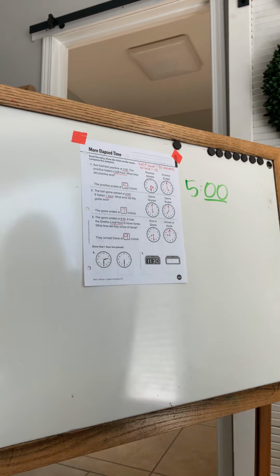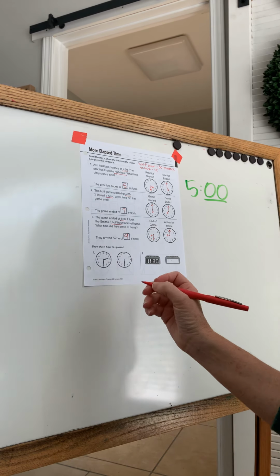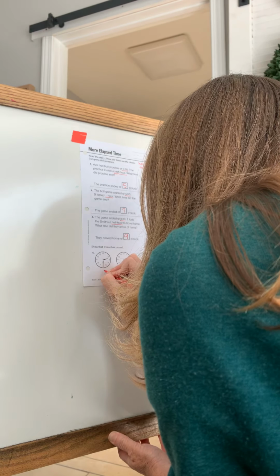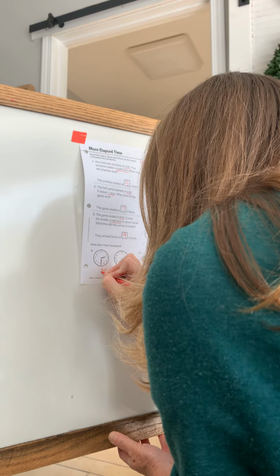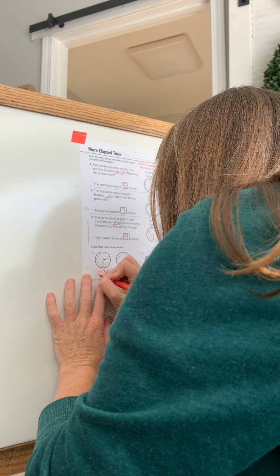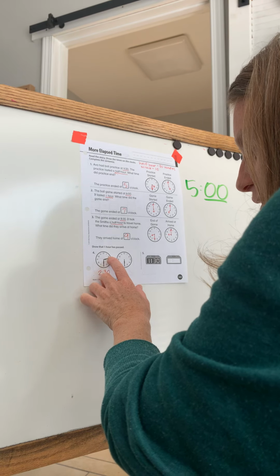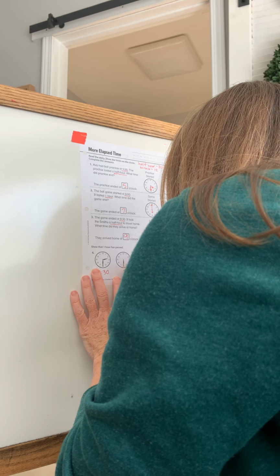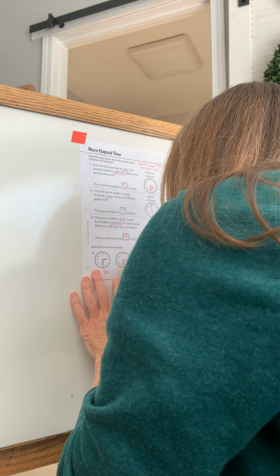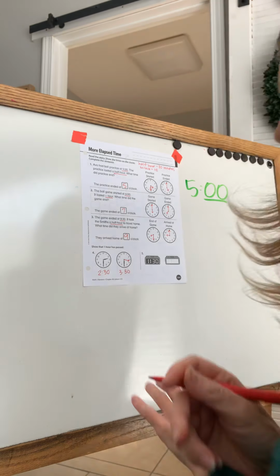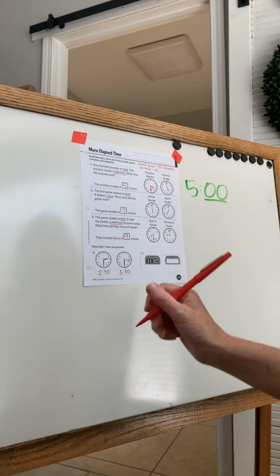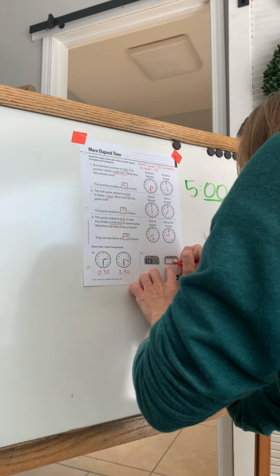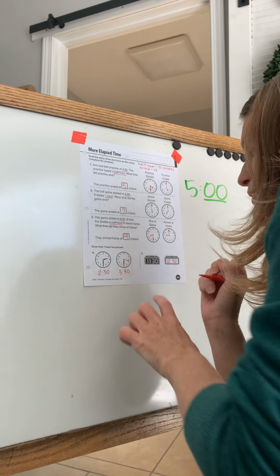All right, show that 1 hour has passed. So on this clock, the minute is 30. I had to think for a minute. And the hour is 2 because it's between 2 and 3. So I'm going to look back at the 2. So if an hour is going to pass, what does the hour need to be on this clock? Yeah, it needs to be between 3 and 4. 3:30. That's an hour difference. Okay, on this clock, if an hour is going to pass, what would go over here? The minute is going to stay the same because we're going all the way around the clock, and this is going to become 12. Okay, so